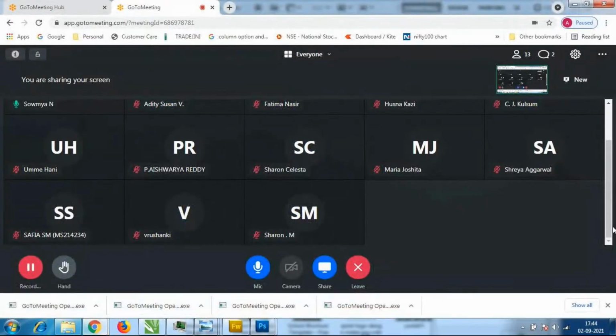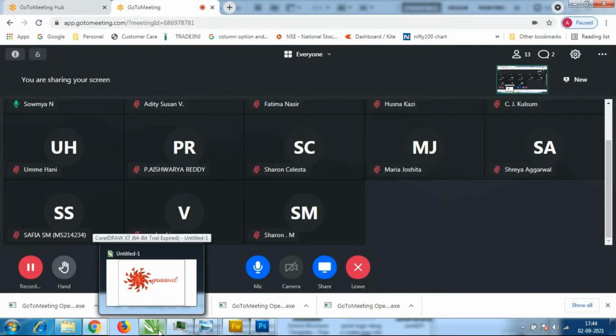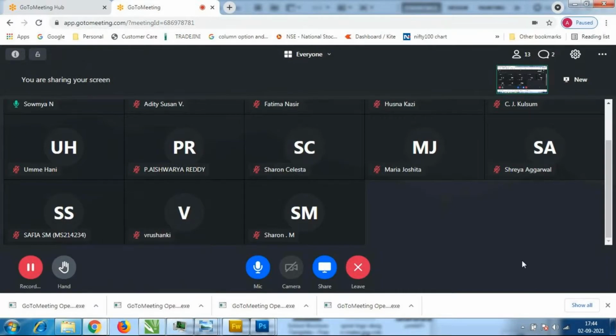Anybody having any doubt using pen tool? Sharun? To add anchor points, which tool we have to use? Safiya, tell me.